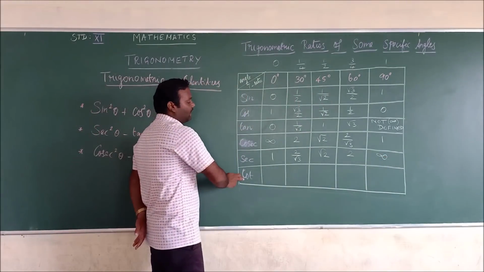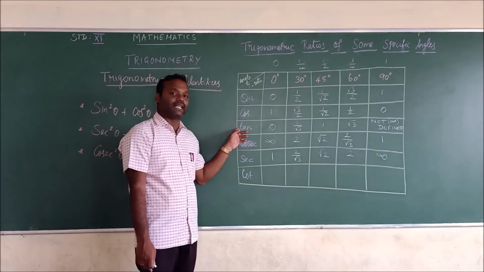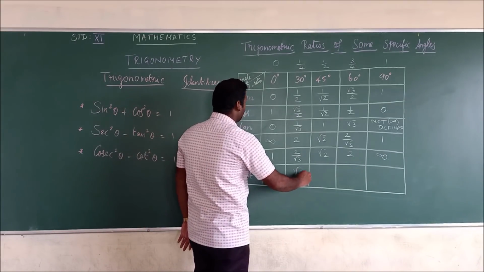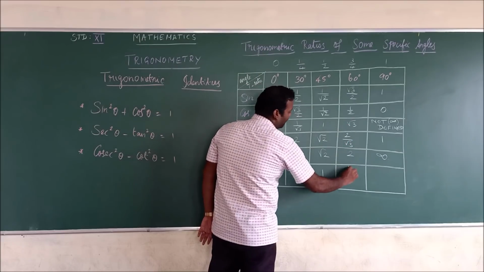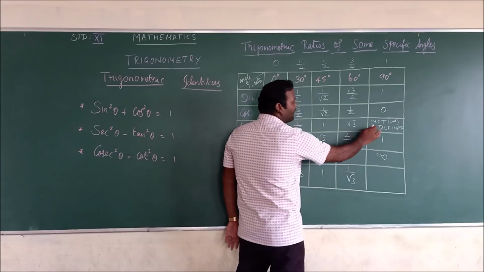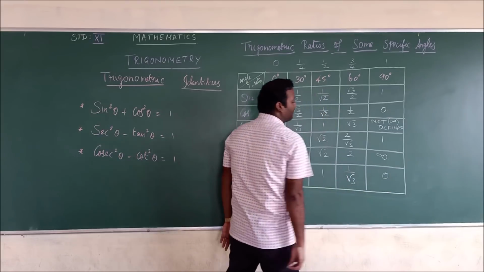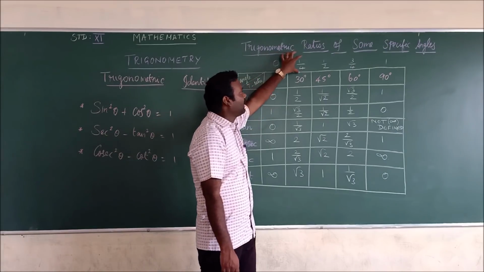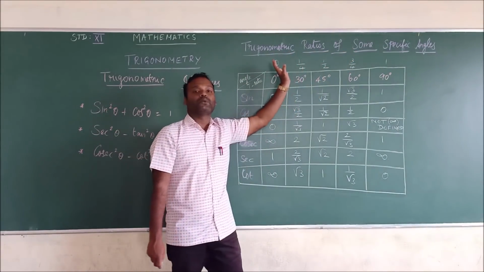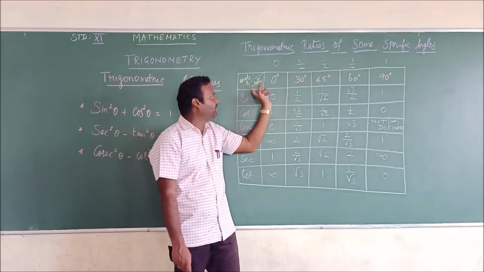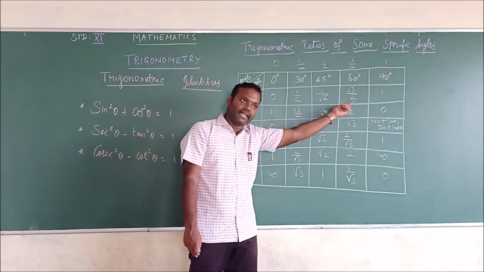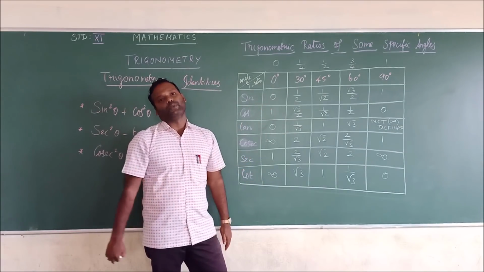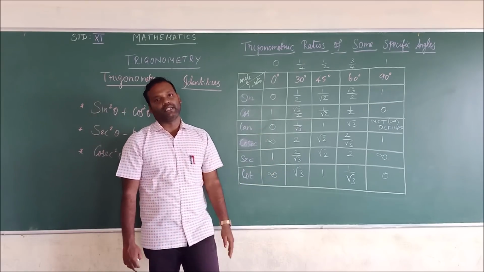Okay. At last, cot theta. Cot theta is the reciprocal of what? Tan theta. When you reciprocate this, you will get infinity. You will get this as root 3. When you reciprocate this 1, you will get 1. When you reciprocate this, you will get 1 by root 3. When you reciprocate 1 by infinity, it will become 0. Okay. So these are all the values you have to remember. You just write the values like this and you have to take the positive square root and fill the sign box. After writing in reverse order, you will get the cos values. After dividing this, you will get the tan values. When you are reciprocating this, you will get the other trigonometric ratios values.